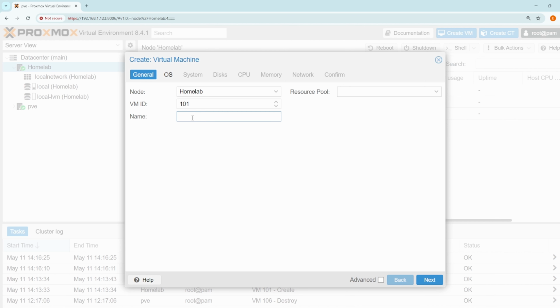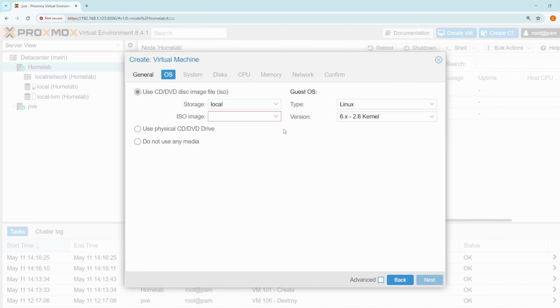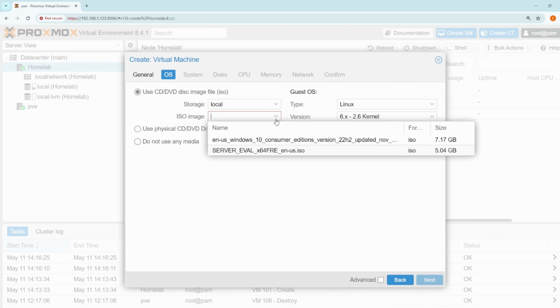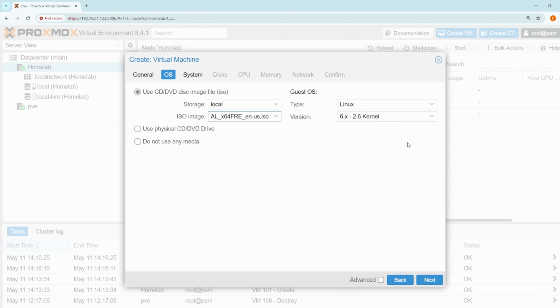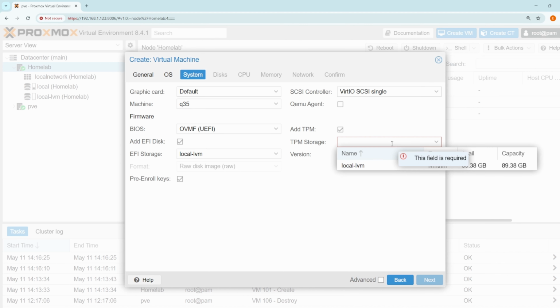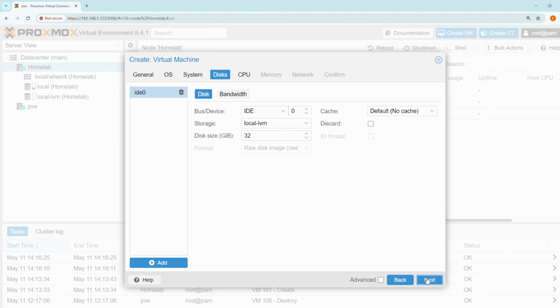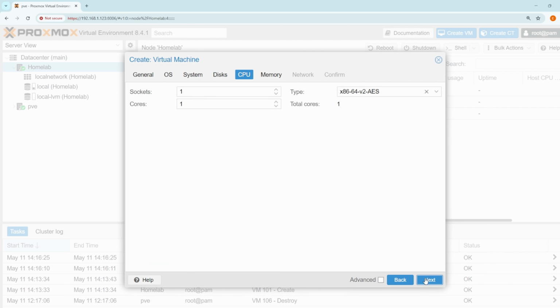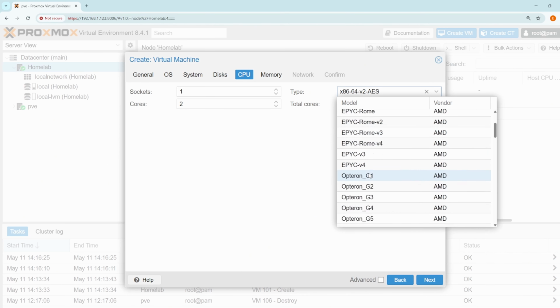I'm going to name the VM Active Directory AD. Next, I have already uploaded the ISO file, so I'm simply going to choose it. The type is going to be Microsoft Windows. I'm not going to add any BIOS driver at this moment. Next, for storage, I'm just going to use a local LVM drive that I have set up, and I'm giving 32 gigs for this server. That should be enough. For CPU, I'm going to give 2 cores